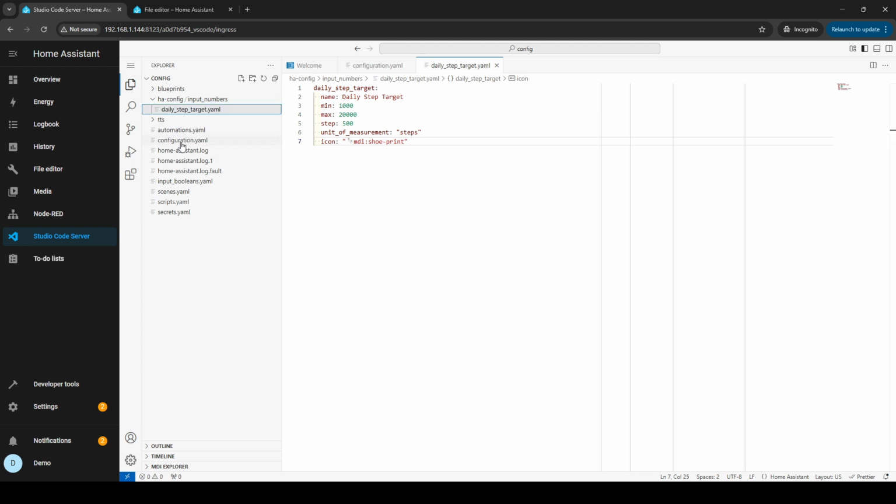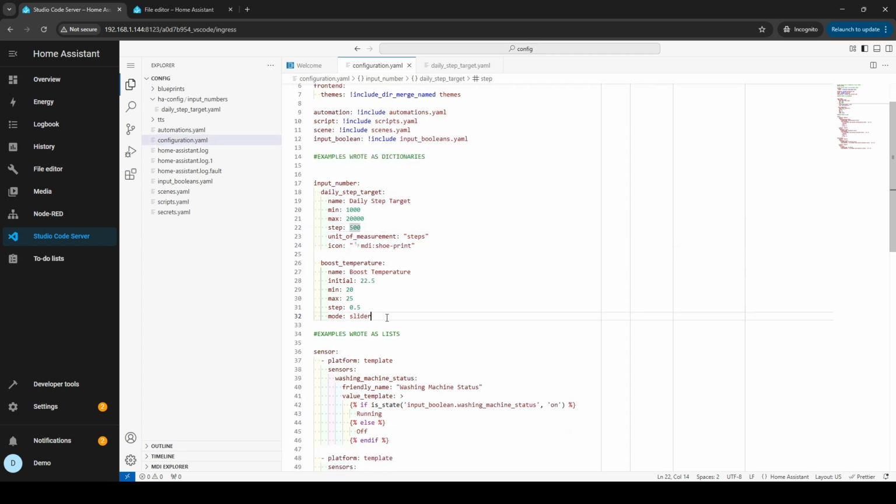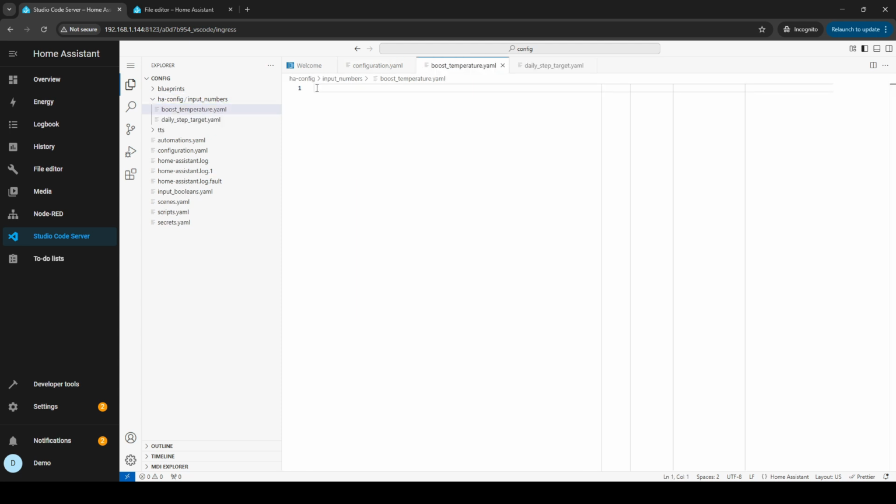So go back to configuration.yaml. We're now going to copy the boost temperature. Go back to the input numbers folder, create a new file, paste the YAML, fix the indentation, shift and tab, and now go back to configuration.yaml,